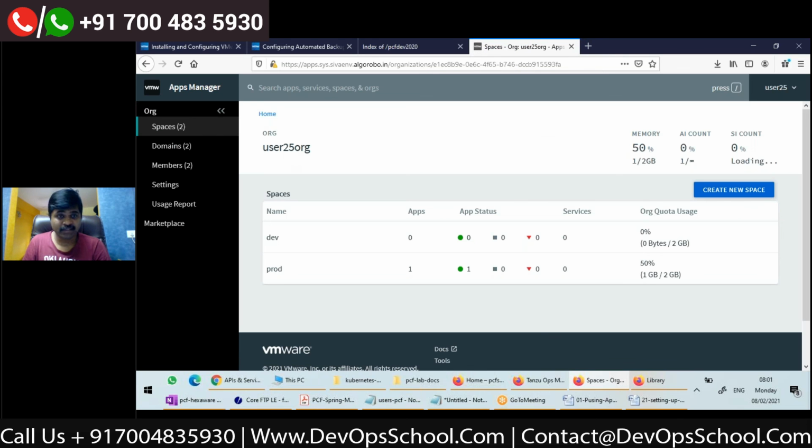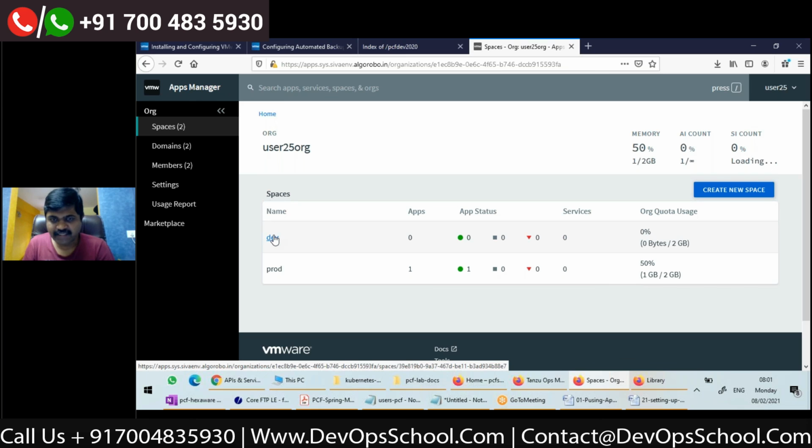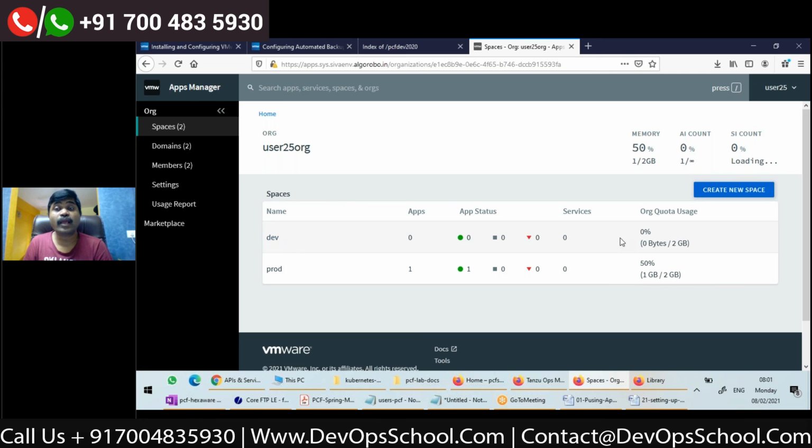So can we limit the quota for each space? Yes, there are commands with which your administrator can allocate quota at the space level. By default, right now, I have not allocated quotas, so the entire 2 GB allocated at the organization level is shared.